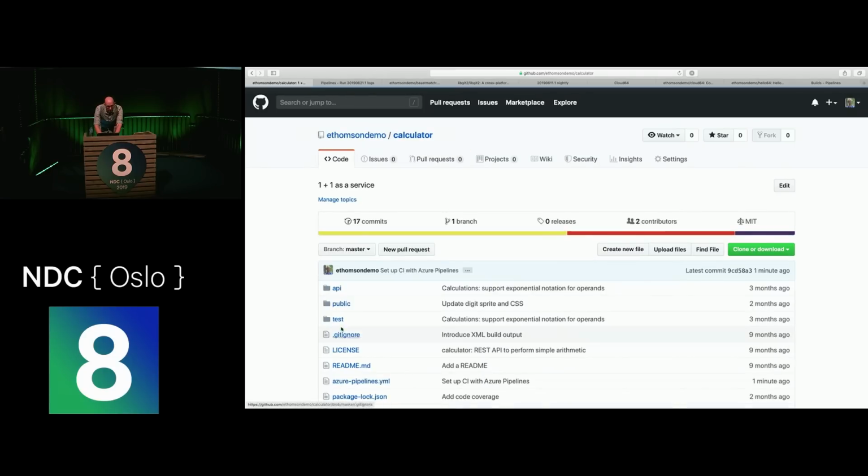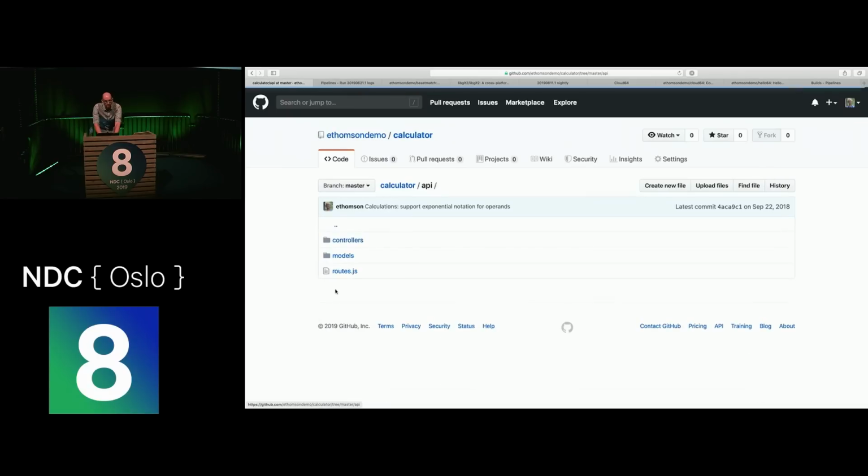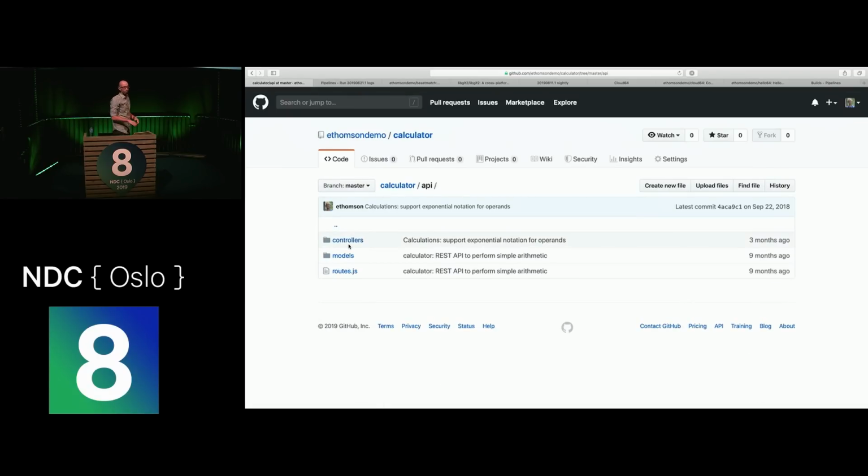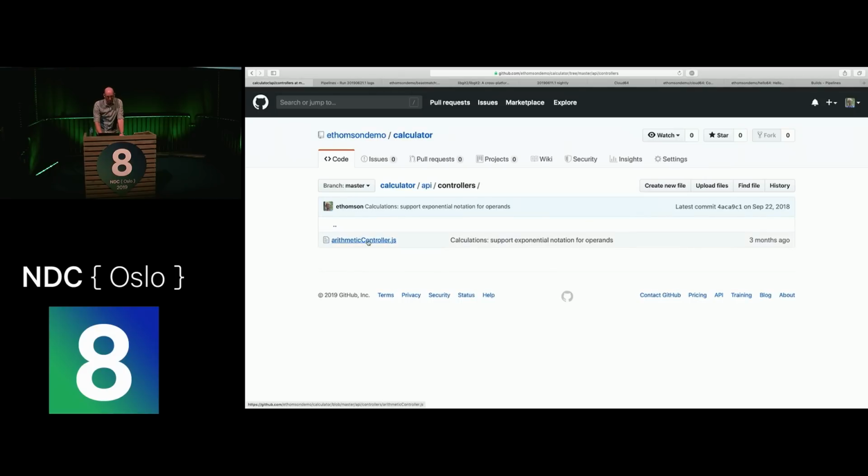Let me go back to my code. Let me browse through here. Let's assume for a minute that I am an open source contributor. I've found this project. I've decided what I really need in life is a REST API to do simple arithmetic. And I'm checking it out. Come through here. I don't know how many of you are open source maintainers like I am, sometimes people drop in and they have interesting requests or interesting pull requests for you,